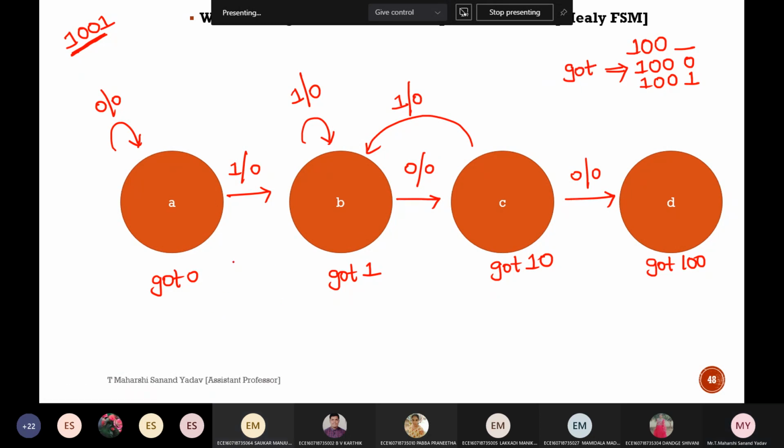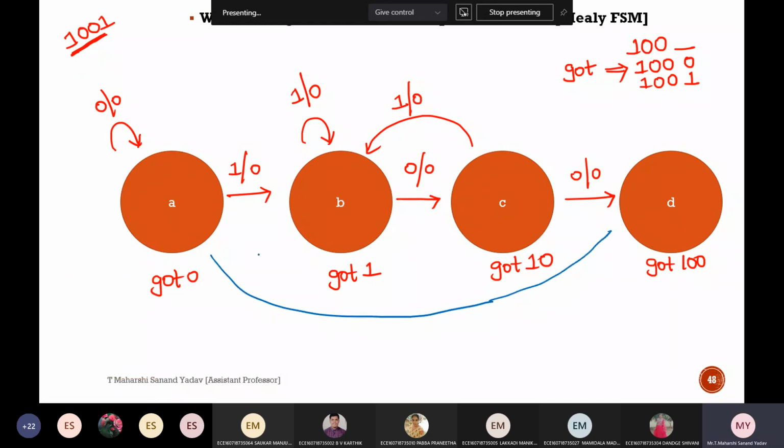Correct. Can anyone tell me the reason, apart from rule number 64 and rule number 2? Why is it going to state A? Why not B or C? If you won't understand this one, it will be a bit complex. So that's the reason I'm asking you. You can refer to a number of textbooks also, but you won't understand this concept. Why is it going to state A? Why not B or C? Okay, your wish.